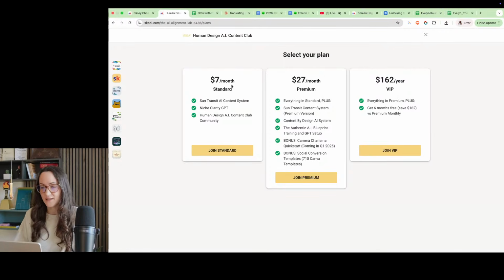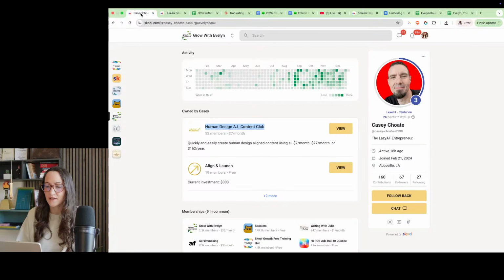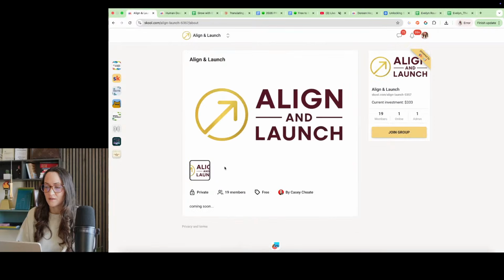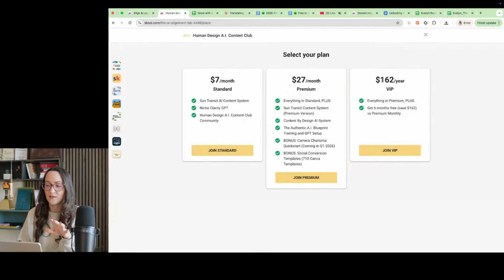But with this here, 727, I think you can make the other community the VIP tier here, but letting them know they have their own space. So I would still promote it here, 333 VIP, and then I would say that this